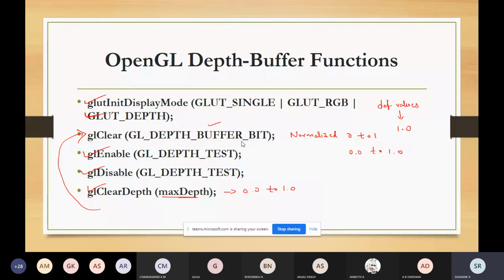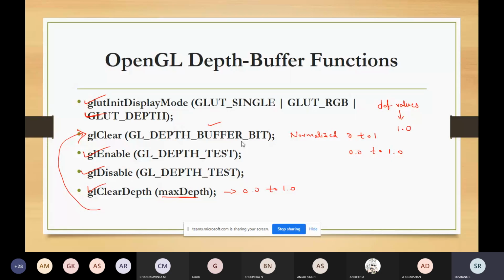You can also apply this depth buffer visibility testing by using some other initial values for the maximum depth. For that, we are using the glClearDepth function. Here the max depth can have values in the range of 0.0 to 1.0.